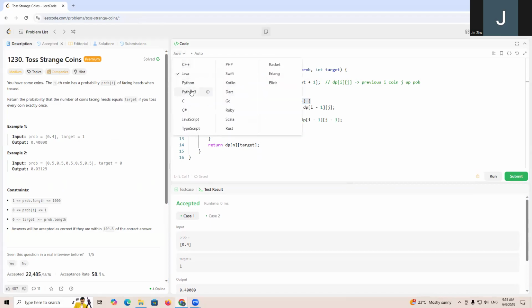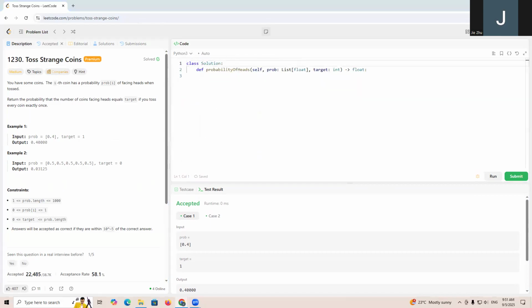Python code will be very similar. n equals the length of prob, and we're going to have dp equals 0 multiplied